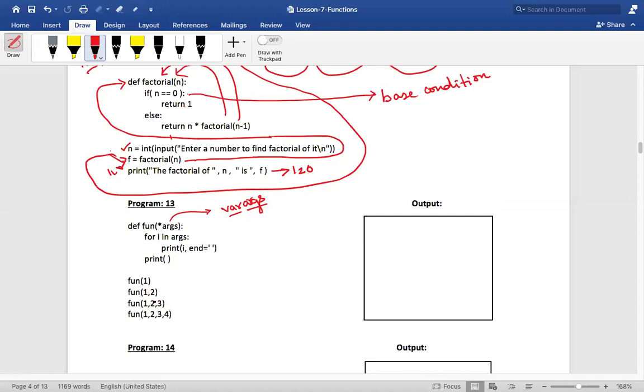In the third, 3. In the fourth, 4. How many function definitions are there? Only 1. So for all these numbers of parameters, this one function definition is able to take up all kinds of parameters, isn't it, my dear friends?